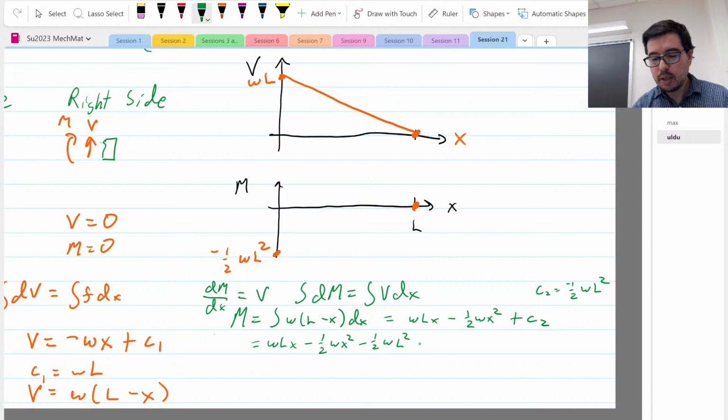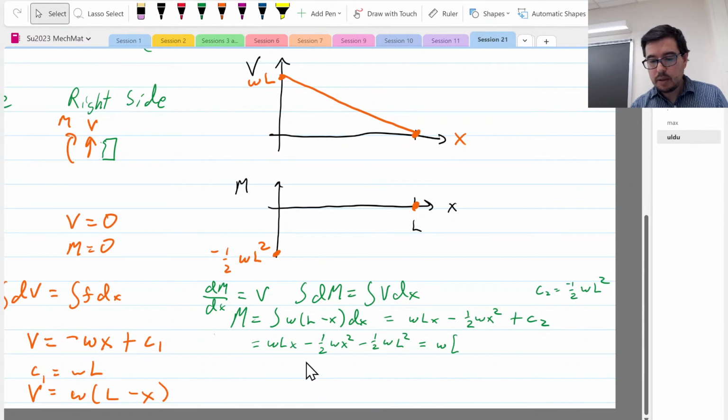So I guess there are a couple ways to break this down. We can take the w's out from everything, if we want. I guess let's just write it like this. All right, Lx minus